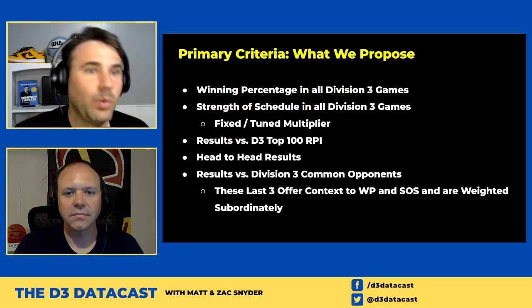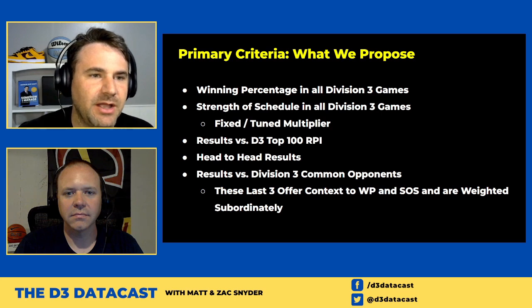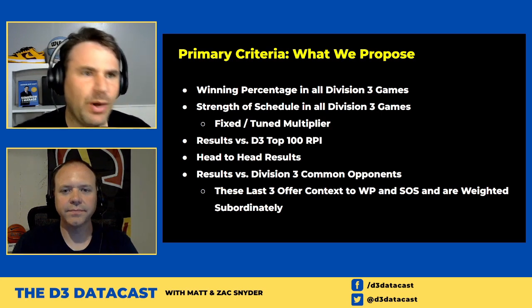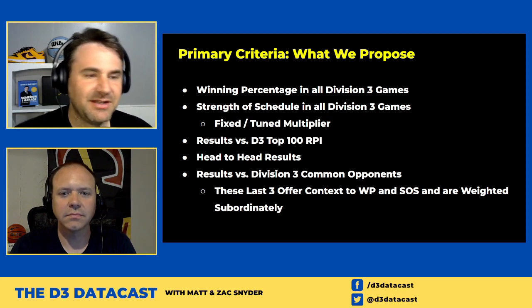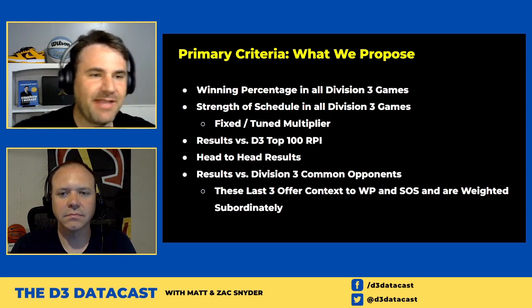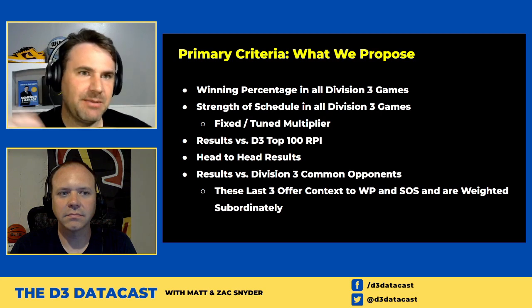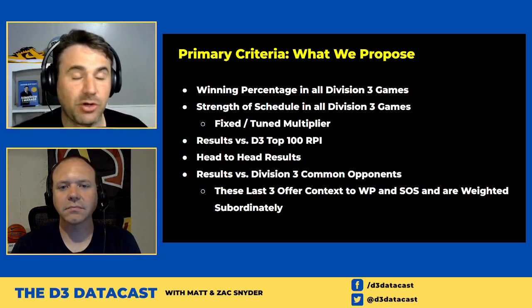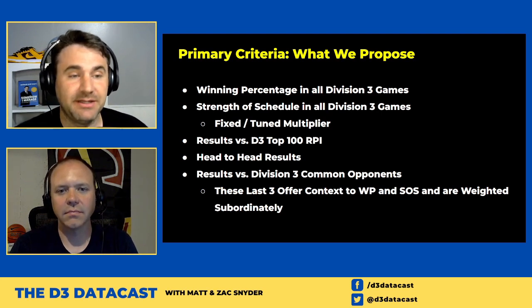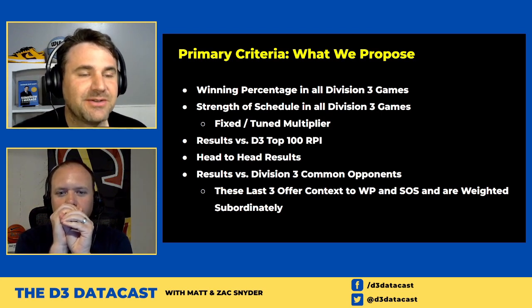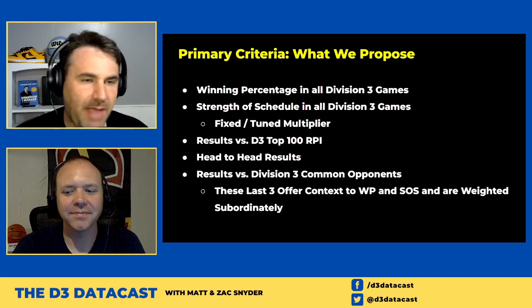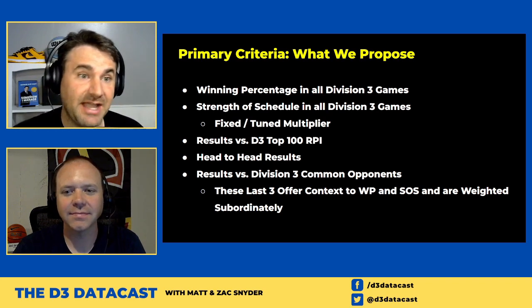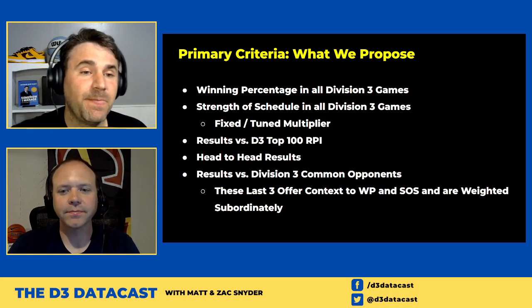If you go 25 and 0 against teams that are all winless, yeah, you didn't play a good schedule, but you went 25 and 0. If you went 25 and 0 against teams that were all like 5 and 20, is that big of a difference either? So I think on the low end there's some diminishing returns, and on the high end maybe there's some diminishing returns. And I want the committee to be able to suss that out, unless we had some sort of curved formula, which I would be interested in exploring because I'm nerdy in that way. Nerd alert, yeah, exactly. In the absence of that, I'd like the committee to be able to have those conversations, those discussions, and look at the additional context. Like, did they play just astronomically good teams across the board, and they did pretty good against them when they played them? I'm open to considering them.